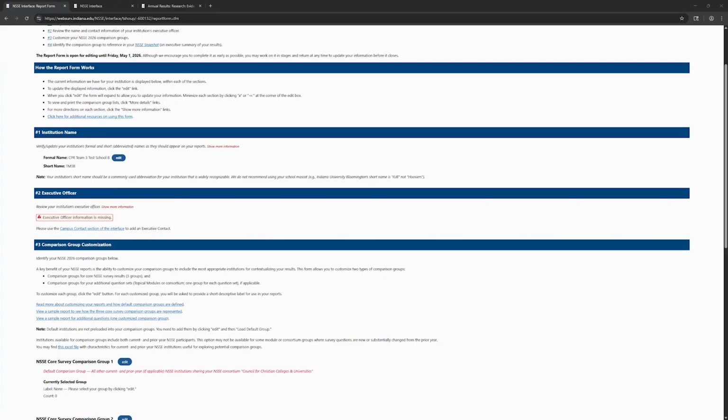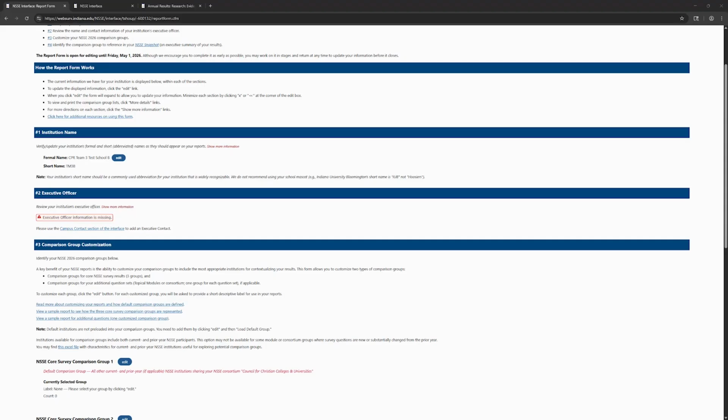Here we want to verify your name one last time, and these are the names that will actually be the ones used that you'll see on your NSSE institutional report this year. With formal name, we were looking for the name that you use on official correspondence. We recognize that this might differ from sources like IPEDS, which is totally fine. This is totally up to you as far as how you want your full name to be